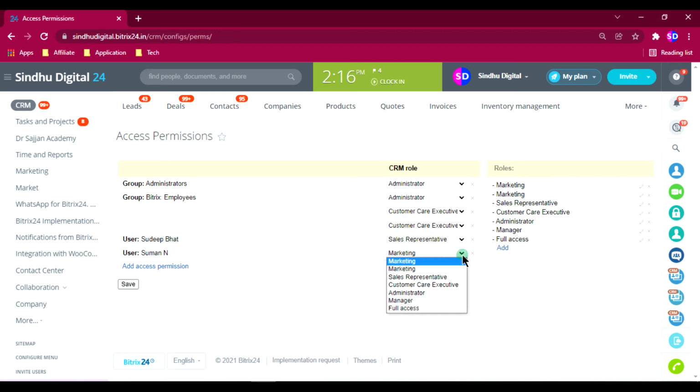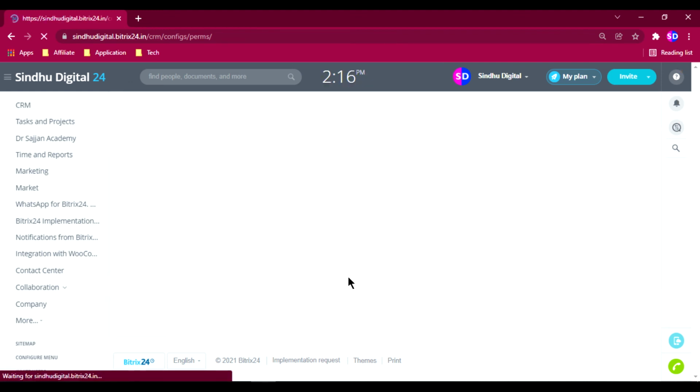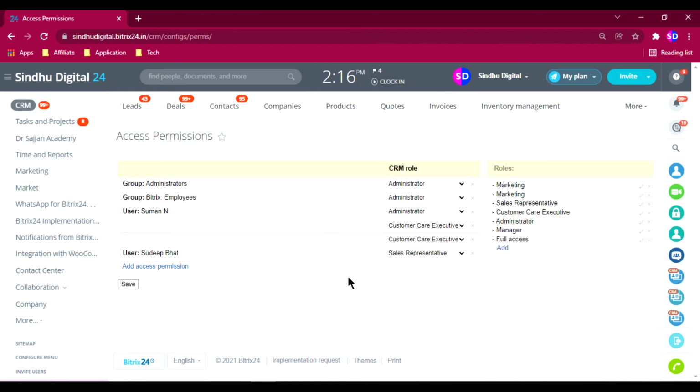You can easily change the roles over here as well. As you can see, if you want to give access for administrator, you can just click and give it, and then save. The particular role has been set for the individual.